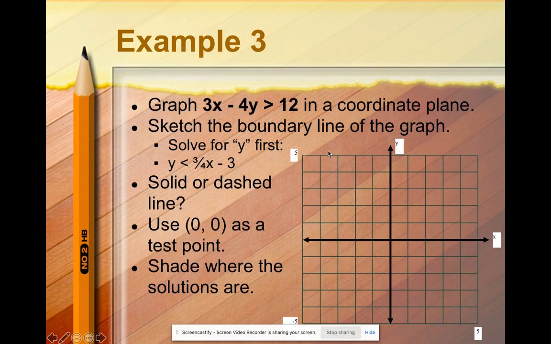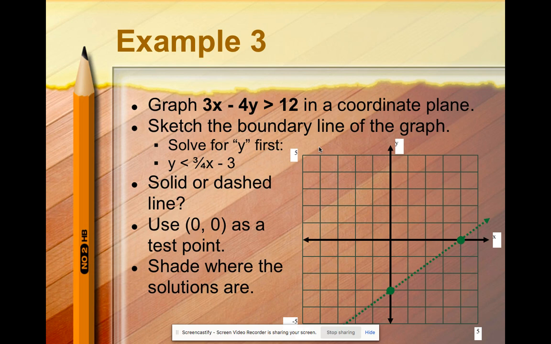Example 3, we can graph the equation 3x minus 4y is greater than 12 in a coordinate plane. Sketch the boundary line of the graph. So first we want to solve for y, and you're going to end up getting y is less than 3/4 x minus 3. And then we're going to decide, is it solid or dashed line? Well, this is a less than sign, so you're going to have a dotted line or dashed line